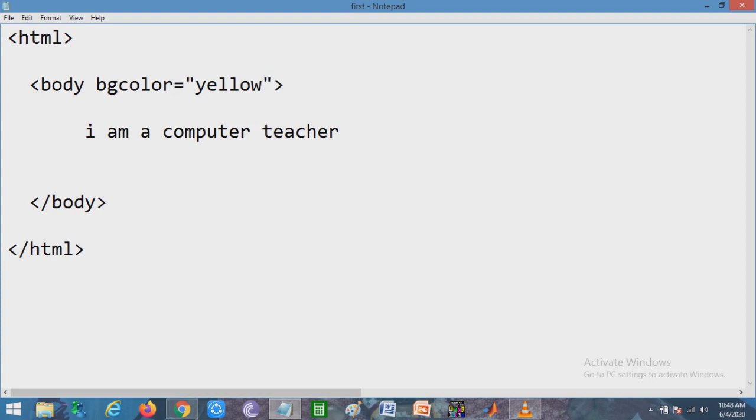So here we mention the body tag, and also we have mentioned the tag attributes. Here we are mentioning it in the start tag because it is the rule. We have to mention the attributes in the start tag, not in the end tag. Here the attributes are bgcolor and yellow. Yellow is the value and bgcolor is the name. Look at the output. Save it and then run on the browser.